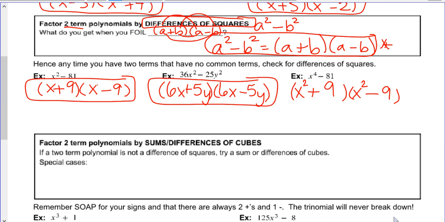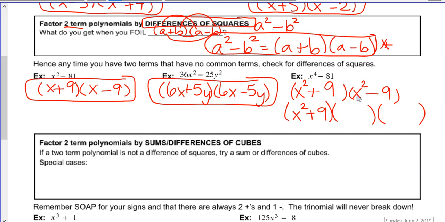Now, notice we don't have powers of 1 this time. I have powers of 2. So it's very likely it might go down further. Now, we have never had anything yet that I've told you about a sum of two perfect squares. So this, in terms of real numbers, will never break down. So I'm just going to rewrite this one for the time being. Unlike this one, though, I have a difference this time. X squared is a perfect square, and I get another perfect square, which is 9. What do I square to get a 9? Hopefully you say 3. So I can actually break this one down into two binomials that will then become prime